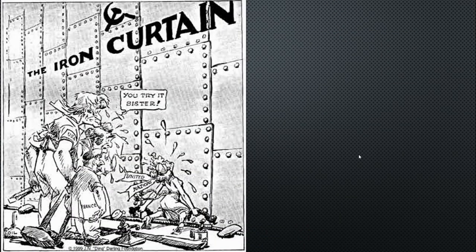Looking at this cartoon, we can see the UN portrayed as a smaller figure that is not powerful enough to deal with this Iron Curtain. What this is going to mean is that other countries are going to have to take on more of an independent role or a different kind of alliance as a means to deal with some of these issues.